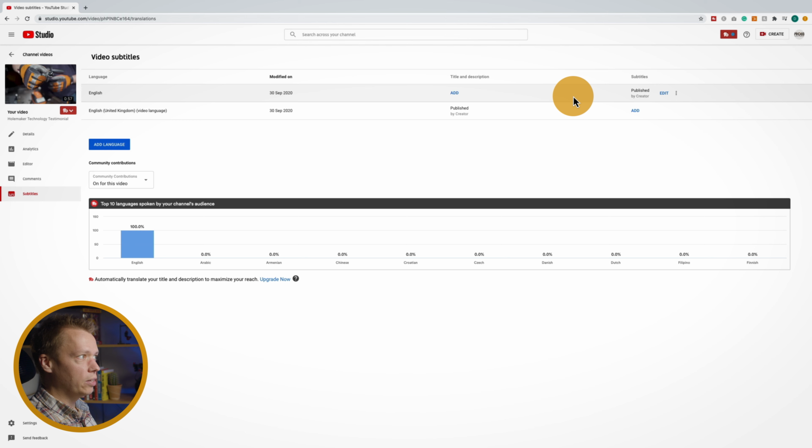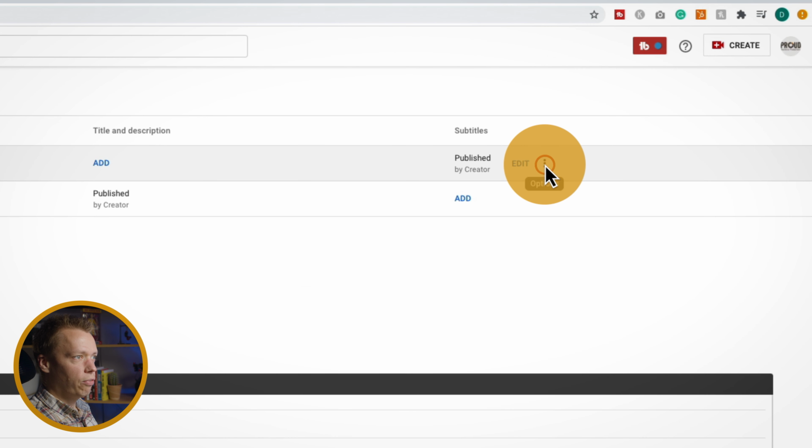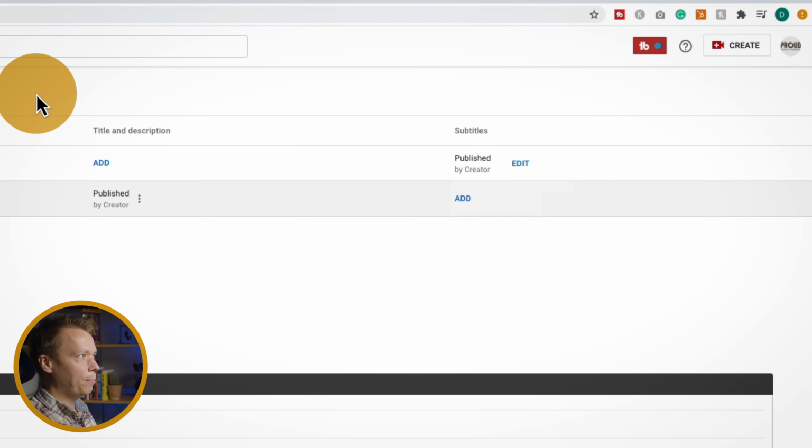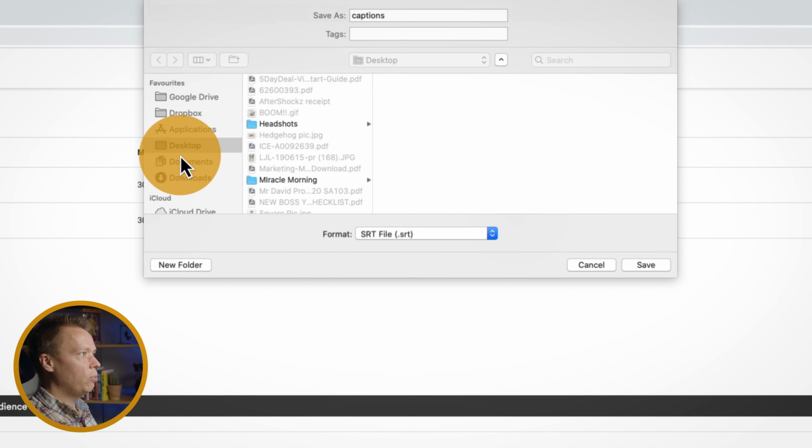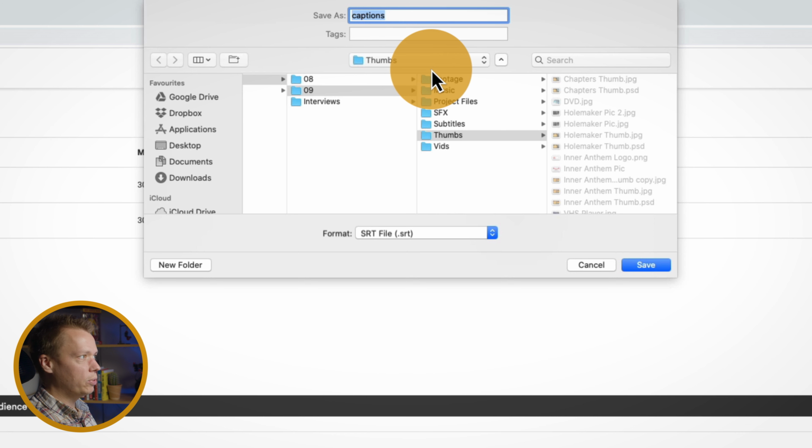The other thing that we can do is, this is now the one that we've modified, the one we've edited. What if you want to use this subtitles file on other social platforms? So what you can do is click these three buttons here, click download and click SRT. Find where you want to save it on your computer.